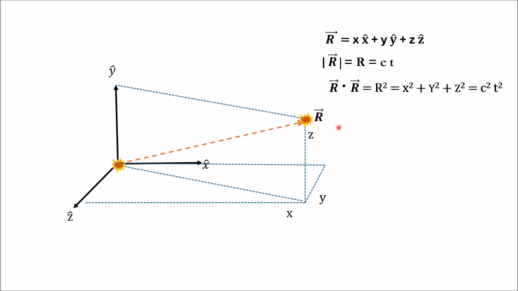But what you have is a pulse of light that travels in a given reference frame, and it travels in some arbitrary direction in that reference frame. And these are just vectors that represent from the origin out to some time t and some location x, y, z. And these are just a series of representations. This is the vector representation from the origin out to r. This is the square of that. And that comes into play a little bit later.